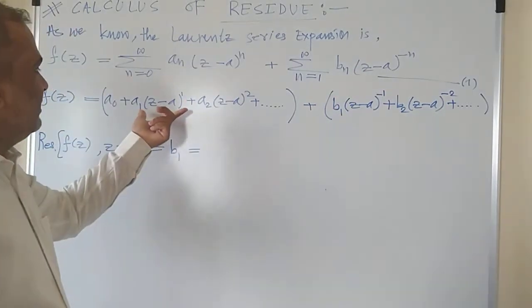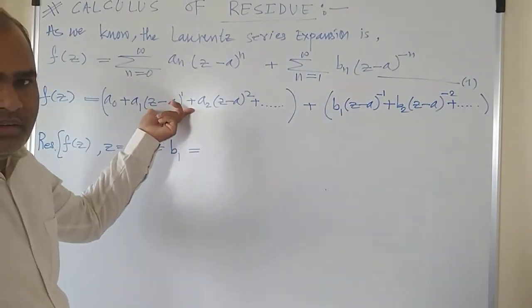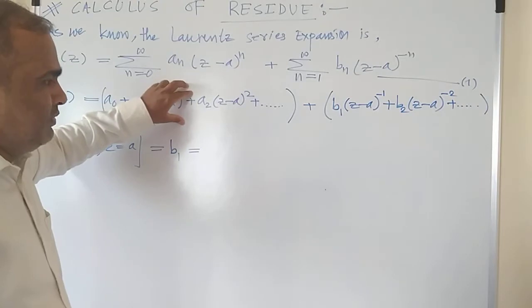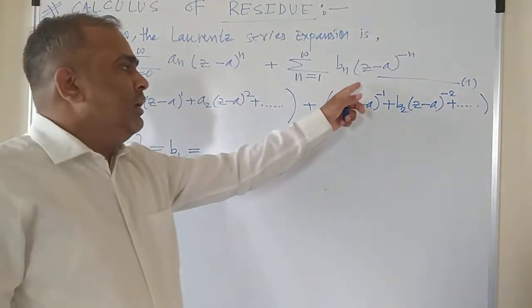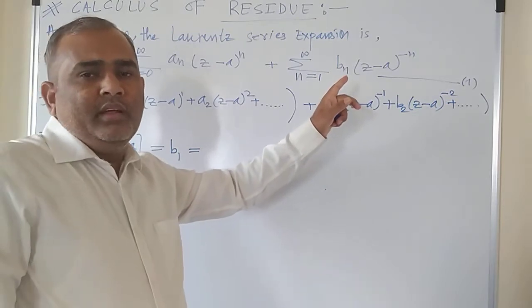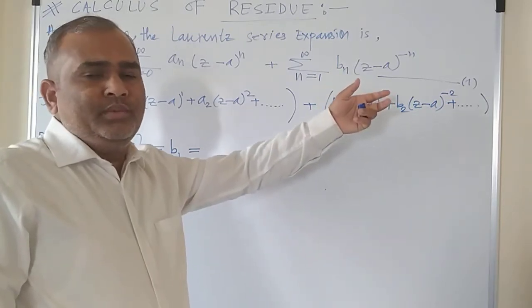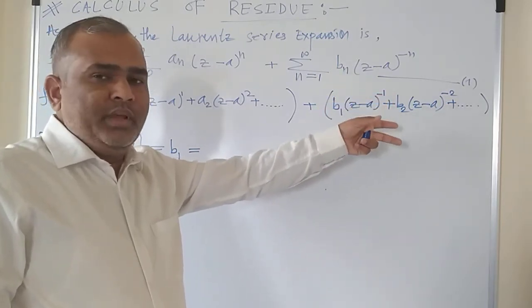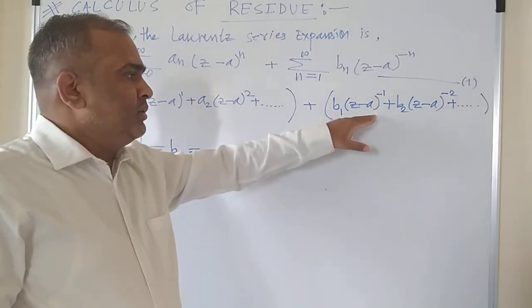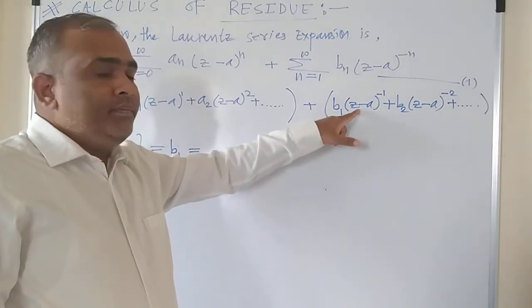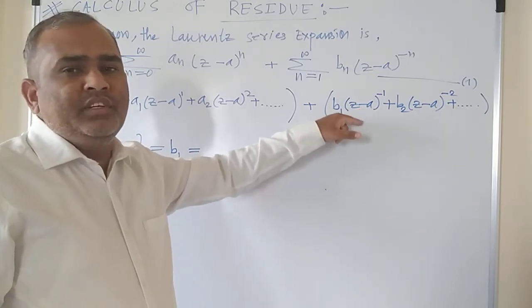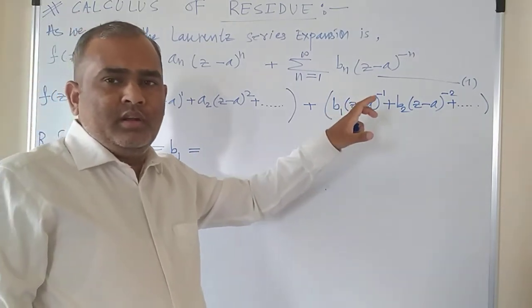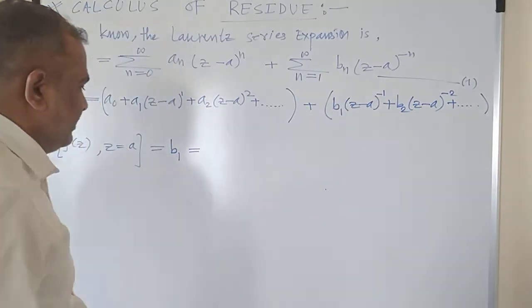Of course these terms are not in the denominator, so you need not bother about the first term or the analytical part. You just think about 1 by z wherever you find it in the series expansion. If there is some example, we are going to study some examples, so you will come to know about that. So the coefficient of 1 by z is the residue of that particular example or series, right?